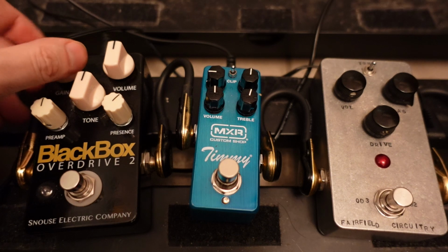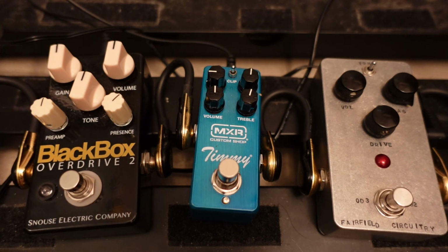I think you guys have heard a lot of tonal variations. I think you can definitely make these sound close to each other. That's for sure. They're all reasonably transparent. You can definitely make them sound close to each other if you dial in the right settings. So they're all kind of overlapping with each other. But yeah. Oh yeah, I forgot to do the...